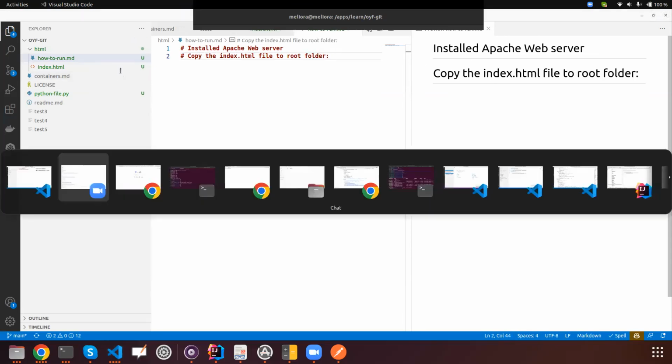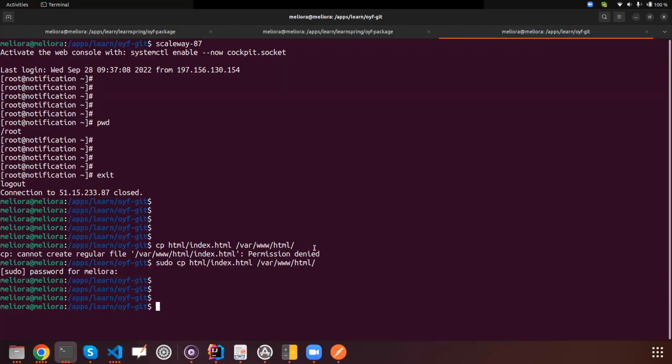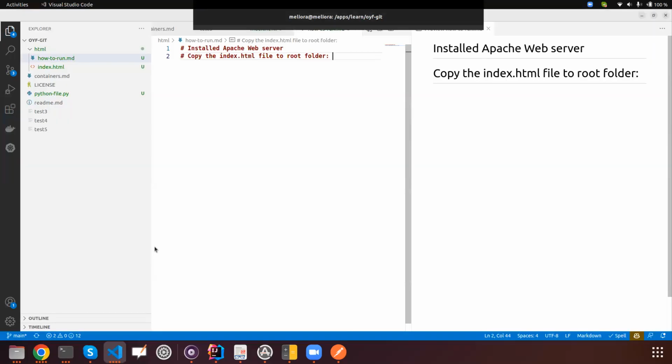And the root folder was this one. So that's the other command that I ran. And then the other thing is what? After that, I open localhost